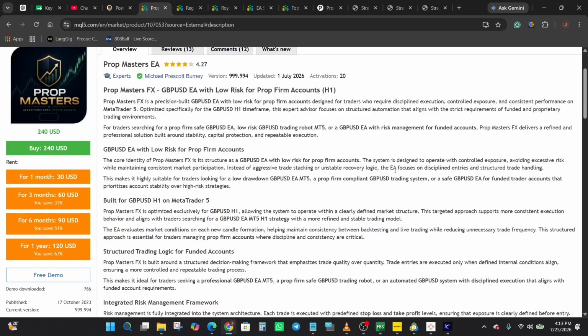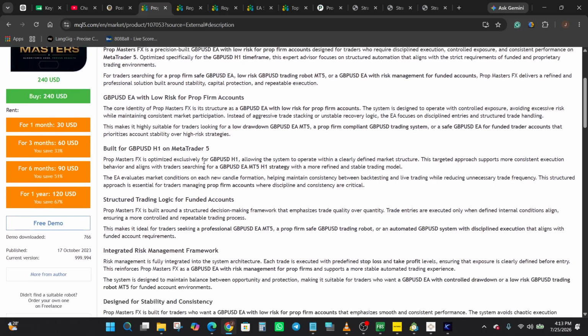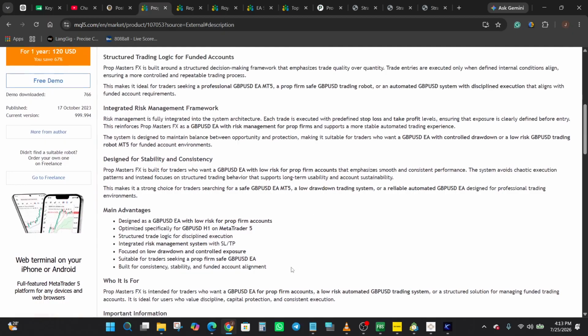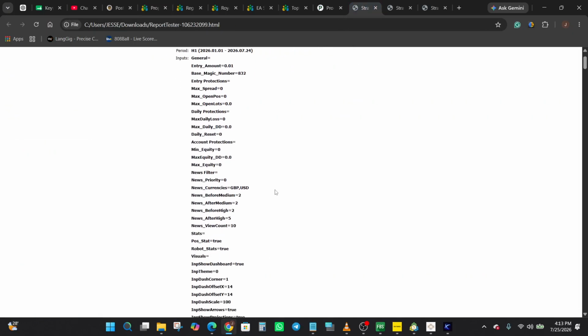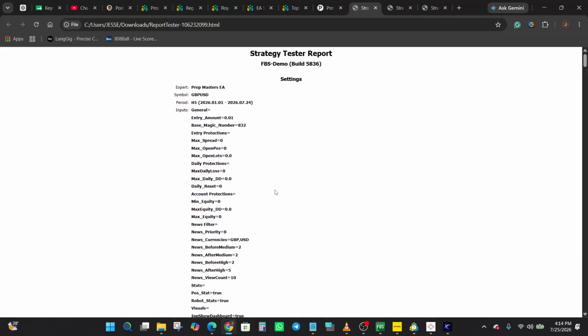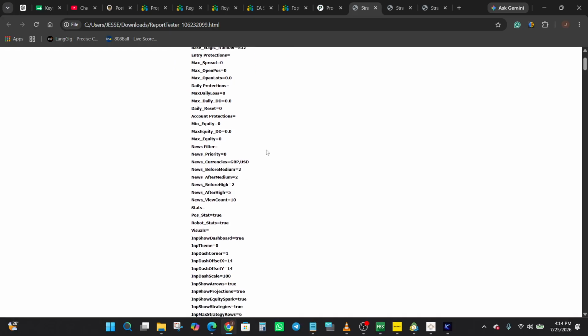Now, moving into the internal settings shown in the input list, we can see the configurable options available. So it uses a fixed base lot entry set to 0.01 in this setup, along with a base magic number to identify its trades. We also see explicit entry and daily protections, including inputs for max spread, max daily loss,